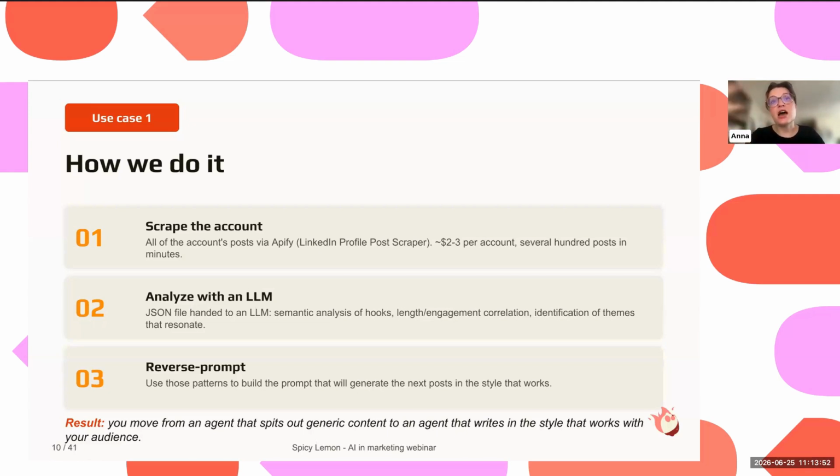Once you have those, this is the moment where you can do the whole reverse prompting. What I usually do is, if you have a lot of data about someone's way of writing, at least 300, 400 posts, you won't be able in one single prompt to explain how you want the agent to write. So this is the moment where you can create, through this whole analysis, a markdown document, a PDF, or a Word document explaining exactly how someone writes.